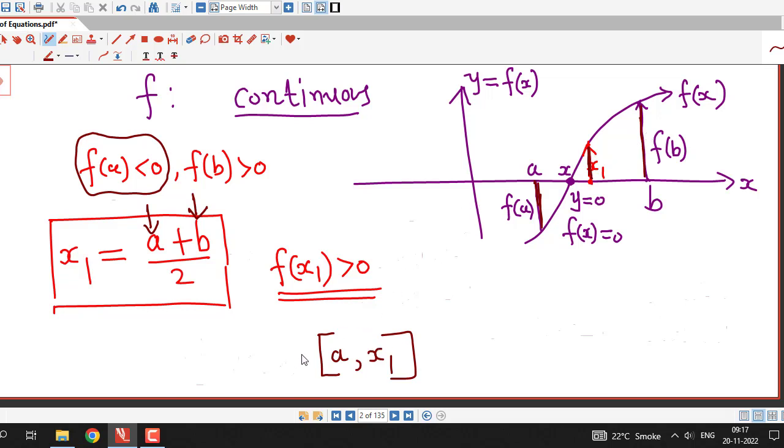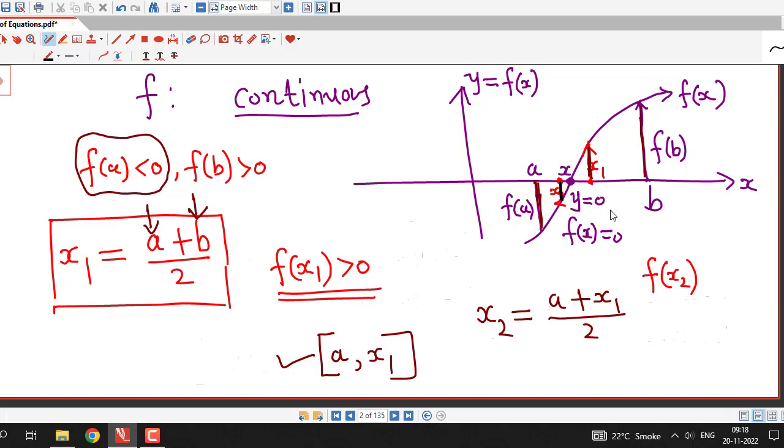So now we will consider the next approximation as the average of a and x1. So suppose I consider (a plus x1) divided by 2. That means now I am taking the midpoint of the interval a x1. So suppose x1 is somewhere here. This is now x1, not x1, it is x2. x2 is the average of a and x1, that is the midpoint of the interval a to x1. Now again we check the value of function f at point x2 and we can consider this distance.